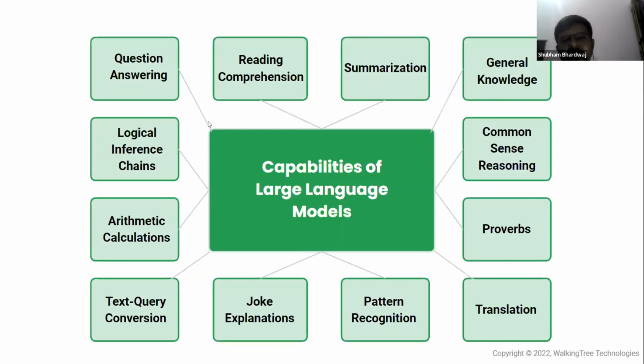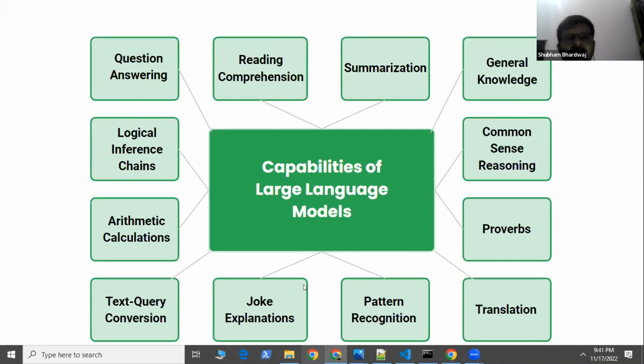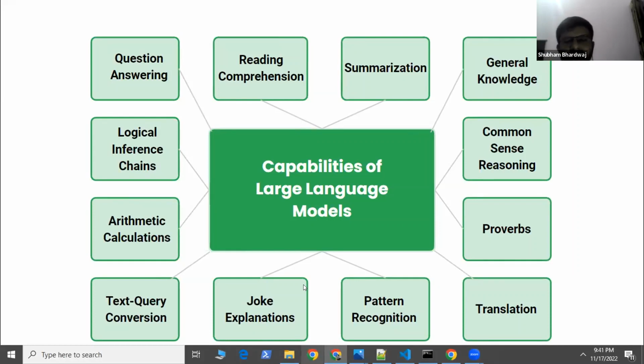Now, what's the comparison between GPT-2 and GPT-3? How are these models different, and where are they equally good? What are the reasons for making a choice between two of them? So, as Scott mentioned earlier, large language models have a ton of capabilities. They help you with question answering, reading comprehension, summarization, general knowledge, logical inference chains, common sense reasoning, arithmetic calculations, text to SQL conversion, and so on. And as it turns out,